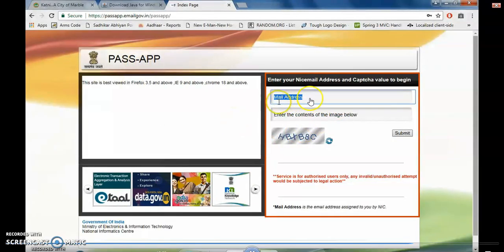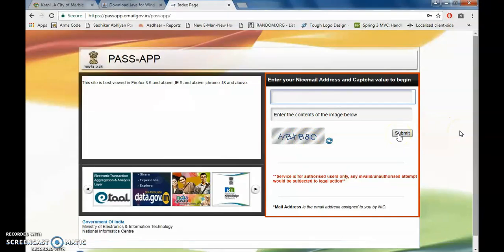Now here the user needs to type their complete email address with the domain, that @, and then here you have to type your CAPTCHA, which is showing here, and then submit it. You will receive an SMS which has one OTP. In the next screen, just enter your OTP and one CAPTCHA will come, and then you can give your password as per your choice, and you can change it and try to log in again with the new password. You will be easily able to do the same. Okay.